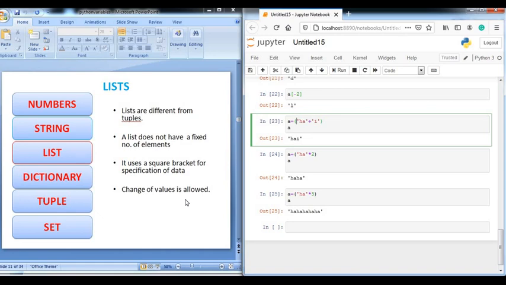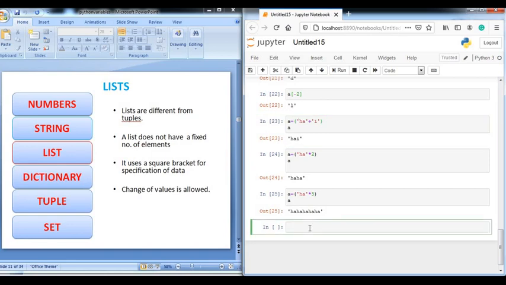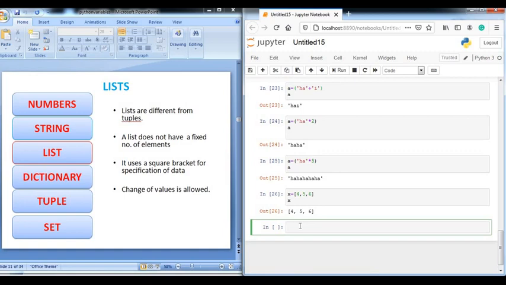If I write x equals 4, 5, 6 and print it, again the concept of indexing follows here also.